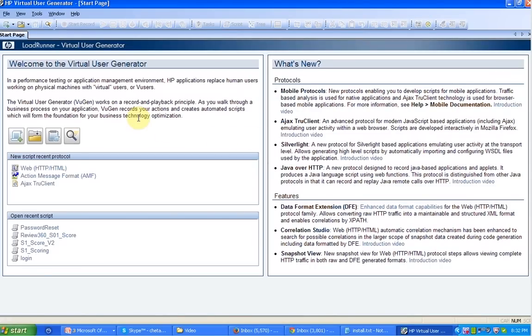Okay, so this is Vusion, and this is the option to open an existing script, and this one is to create a new script. Let me click on this.